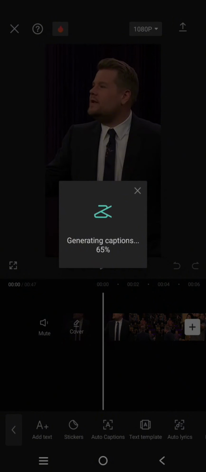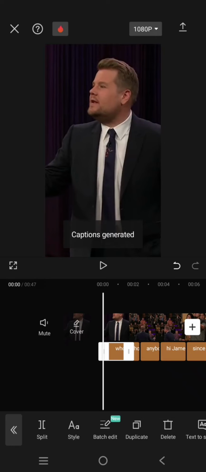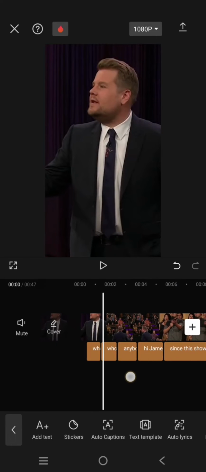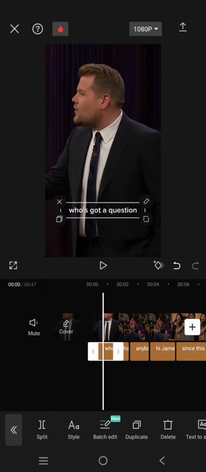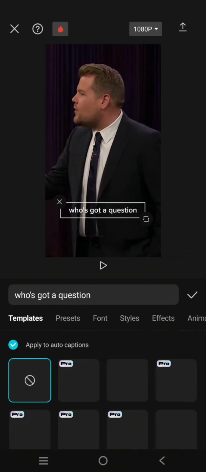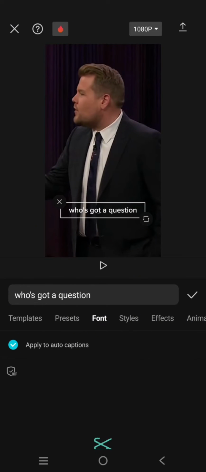So in here I'm going to create the highlighted word by word. So I want to highlight every word that is said in the caption. So here let's change the style first. I'm going to change the font